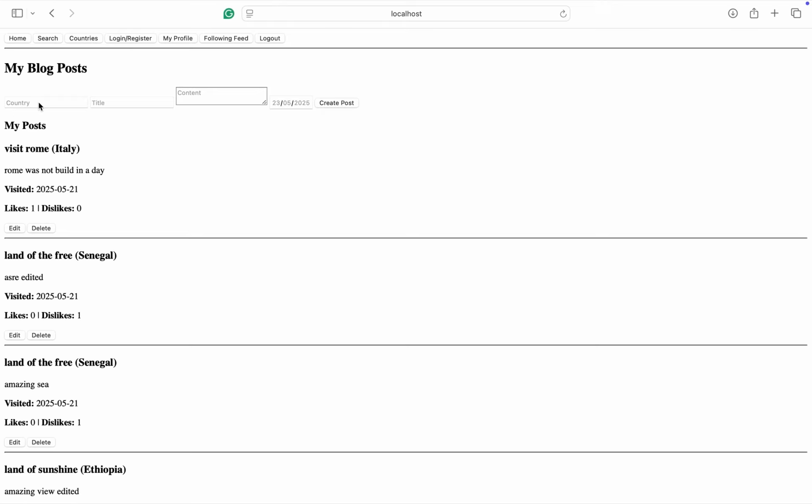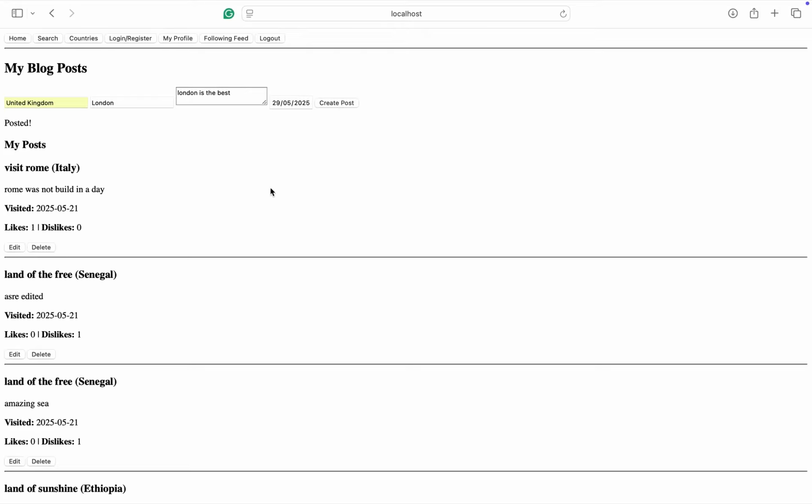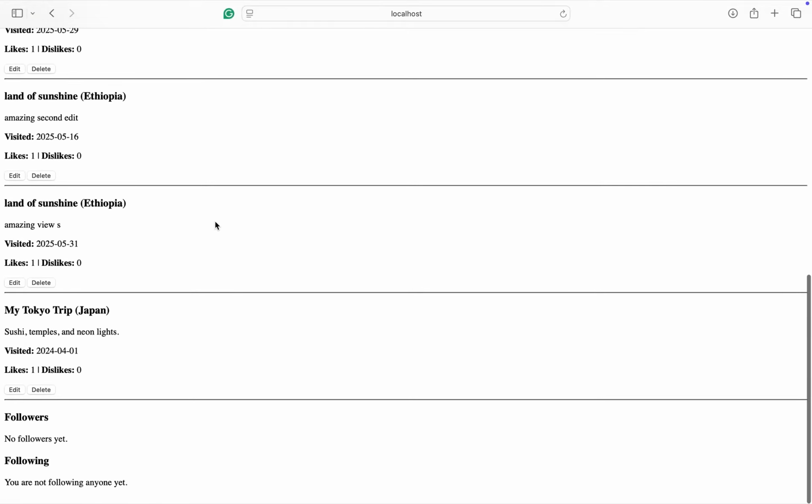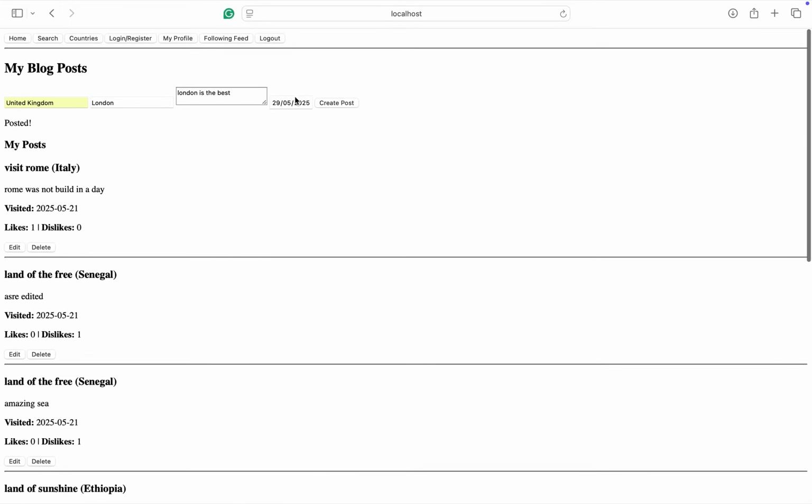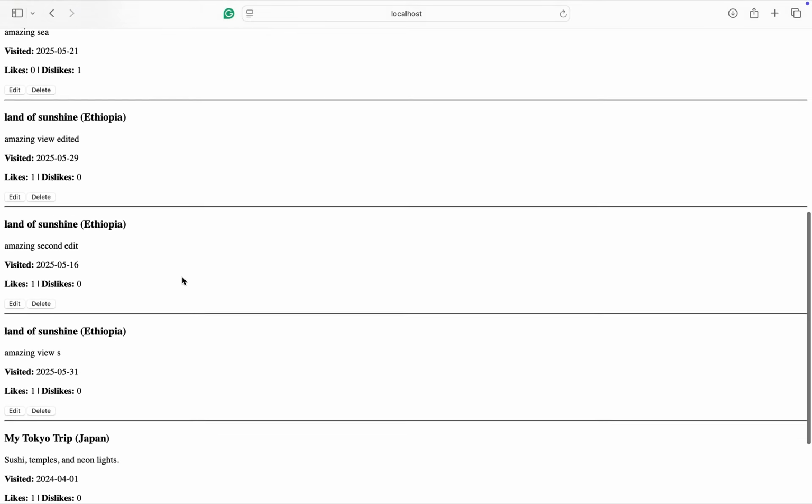And here we can create a post. I could say country United Kingdom, and then title London. The content can be London is the best. And we can add the date, and then we can create a post. And as posted, we can see that it is posted, and we can reload it, and we can see that